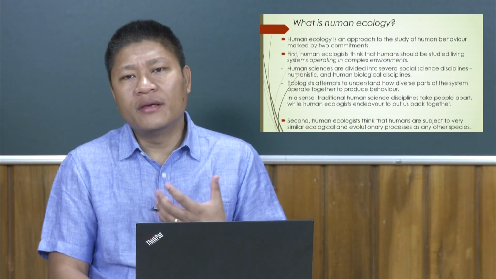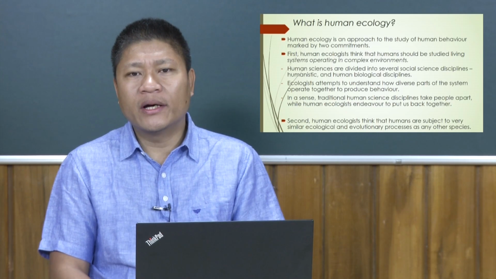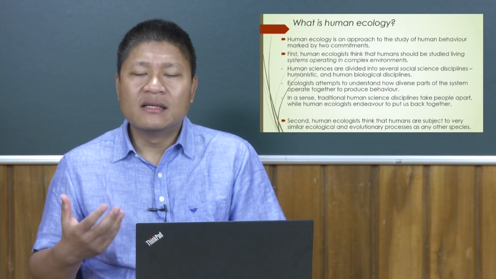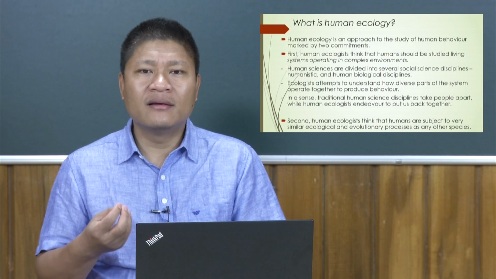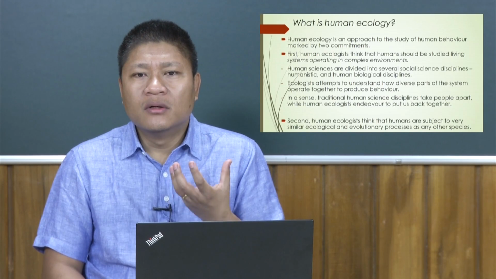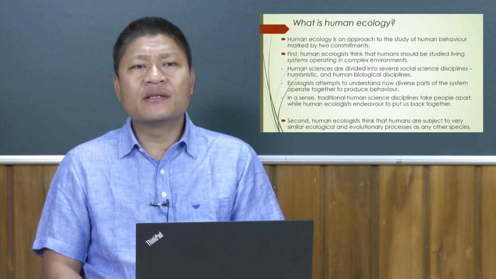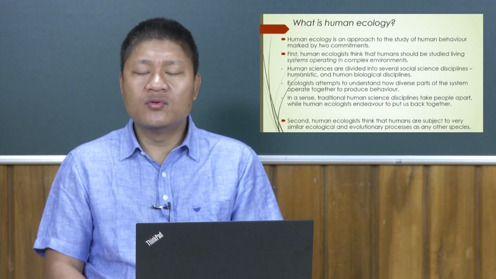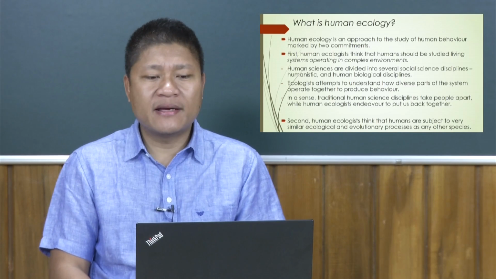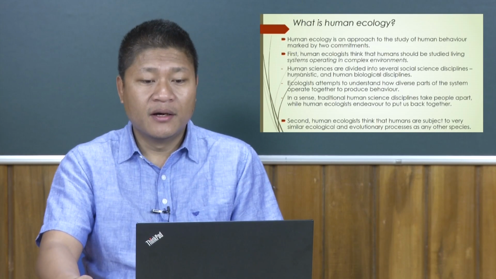Therefore, the way humans operate in this environment is quite complex, and therefore human ecologists tend to deal with this, or try to make an in-depth study into this. And in a sense, human science also can be divided into several social science disciplines. If you look at the social sciences, it can be divided into humanistic as well as the human biological